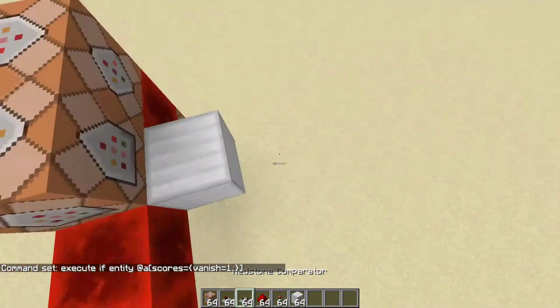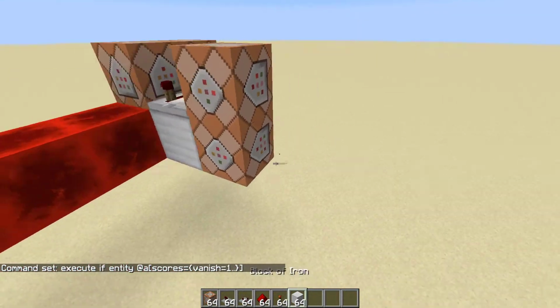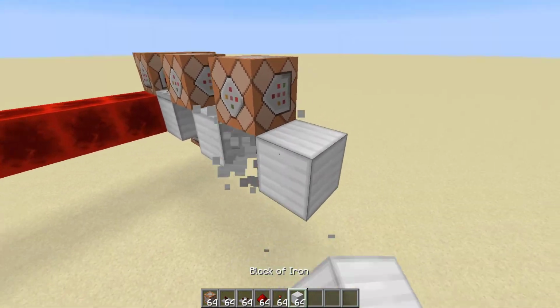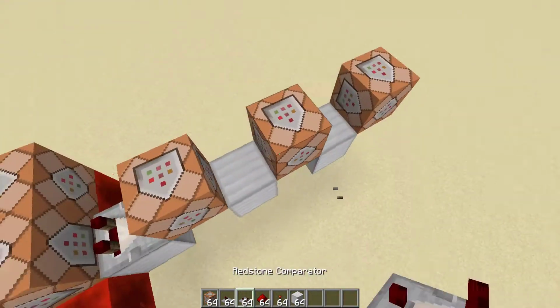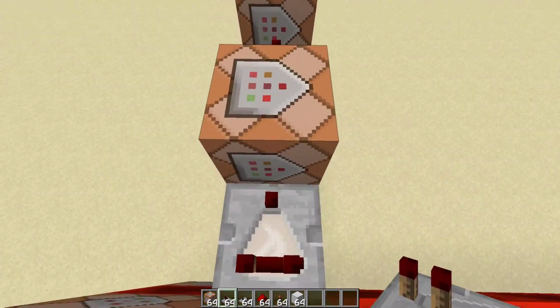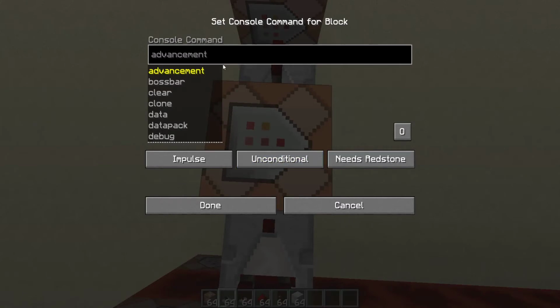You then want to take a comparator output from that command block and run it into a series of other command blocks, like this. We may require more than this, but this is just for now. What you want to do is, in the first command block, tell the player about them entering Vanish and it being successful. So you want to type in,